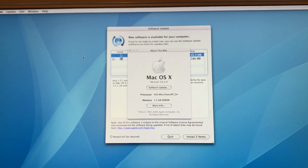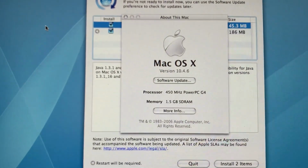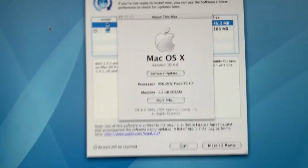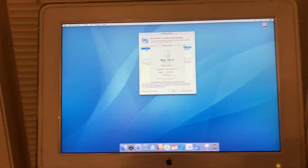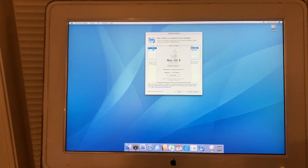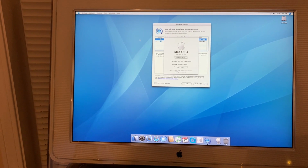Start running software update, which jumped right up. I did want to verify, yes, in fact, 1.5 gigabytes of RAM. So the upgrades all worked, and it has been running, it hasn't shut itself off. The one exception would seem to be the